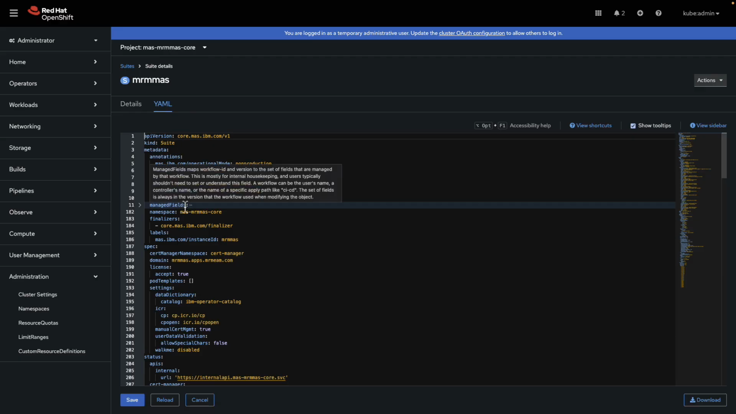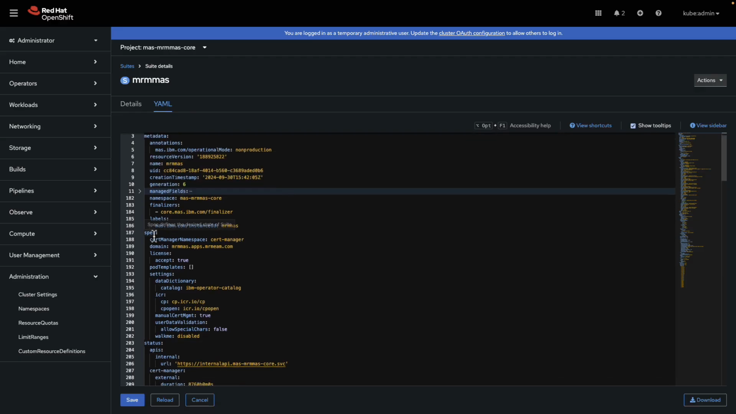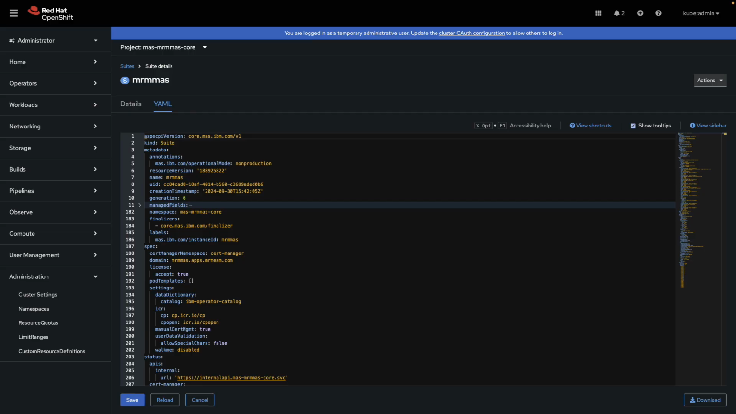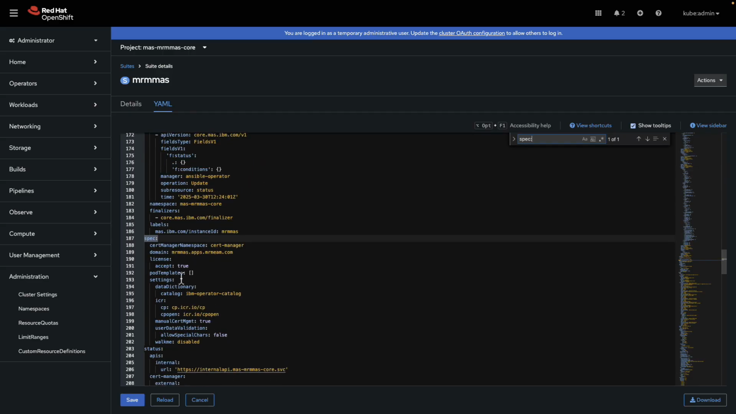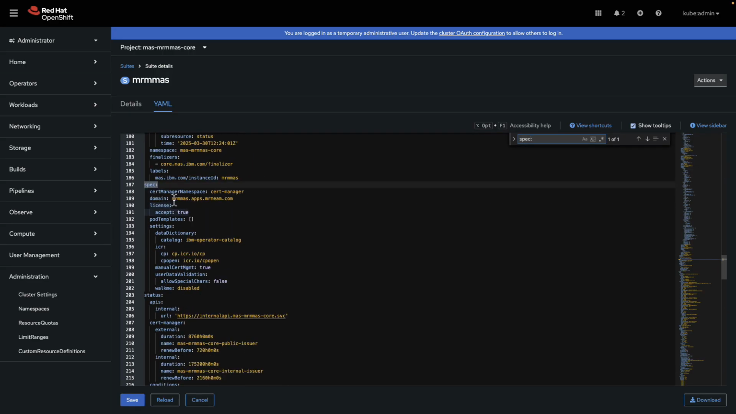Now I'm going to go to YAML. Once I'm in the YAML, I'm going to search for the spec field. You can do a quick Control F and then spec. Find that spec section. You will see the domain name here. So here's my current domain name. What I'm going to do is remove this altogether, and we're going to replace the domain name with